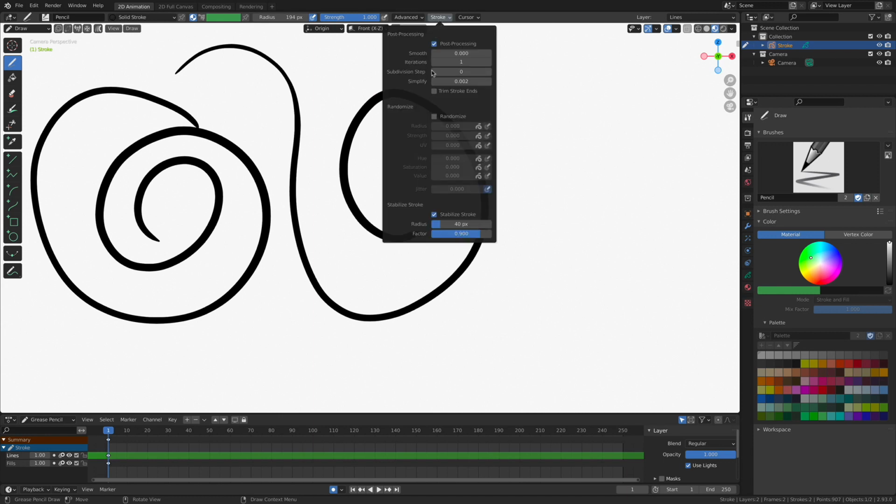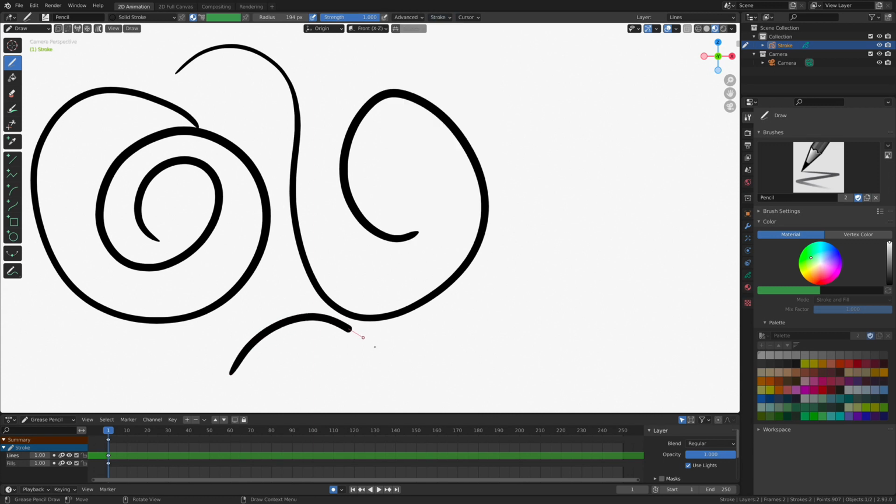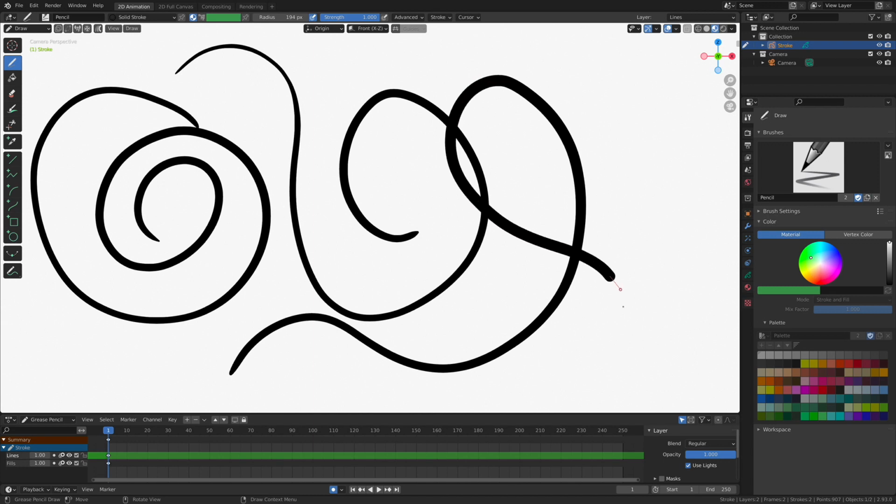Really handy if you're doing all of your drawing with the mouse. And I would encourage you to look at this radius. This is going to increase the length of that little tail, that little dot. Yes, now it's much bigger. The longer the radius, the smoother the arcs are going to be.